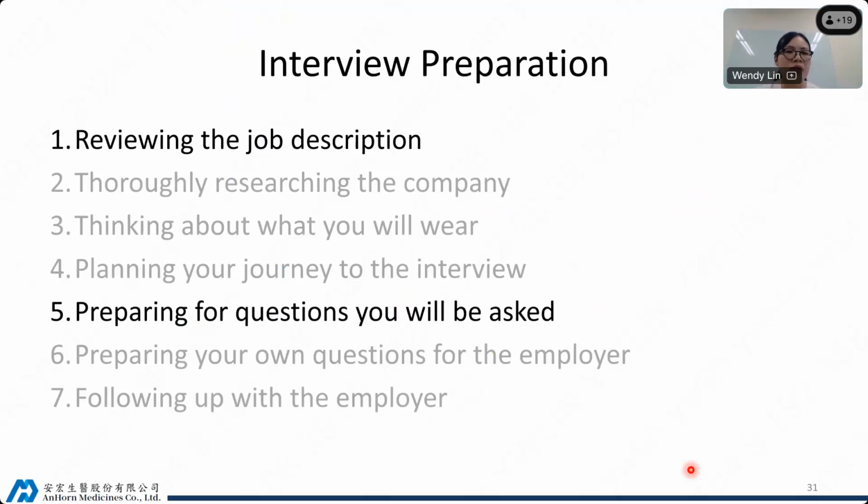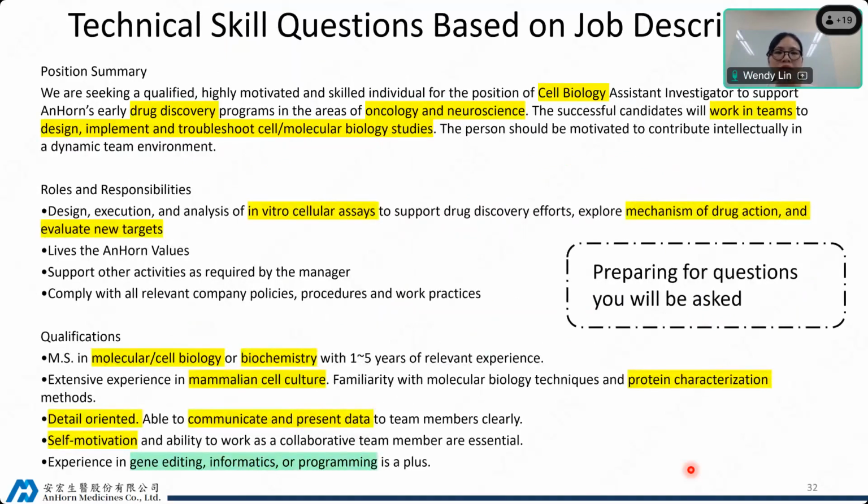When we start from the technical skills, firstly, you can review the requirements from the job description. And then you can prepare some of the potential questions that you might be asked during the interview. The question could be very simple or it could be situational. This is the same process that we did during the resume writing. We collect the requirements from the job descriptions. Then the question probably is like,